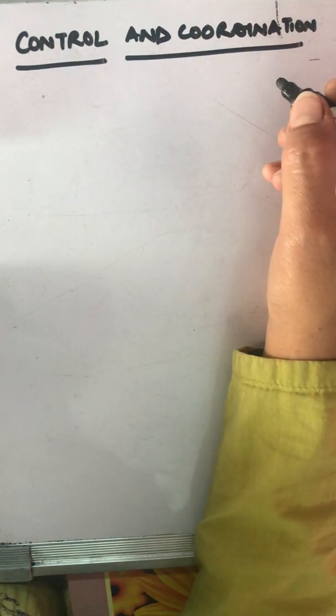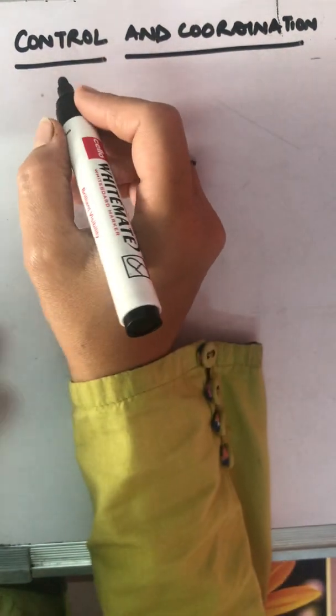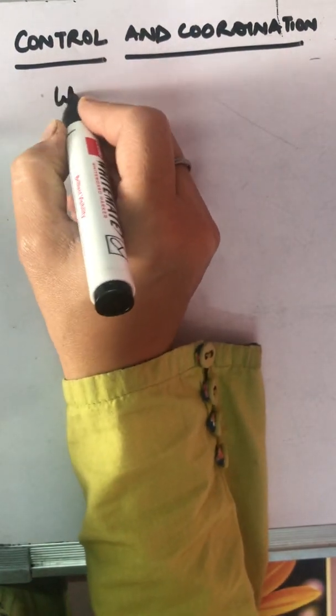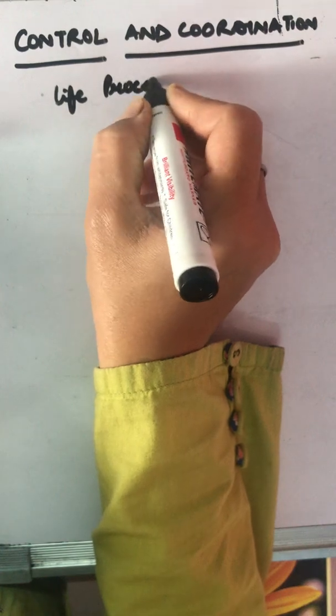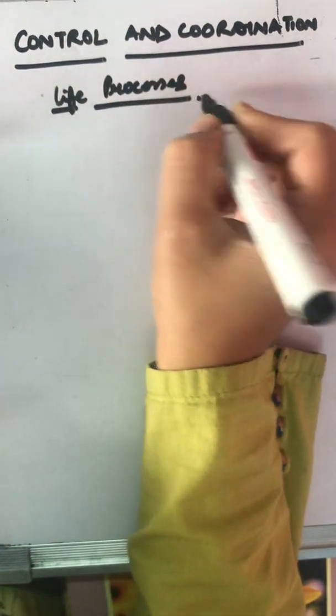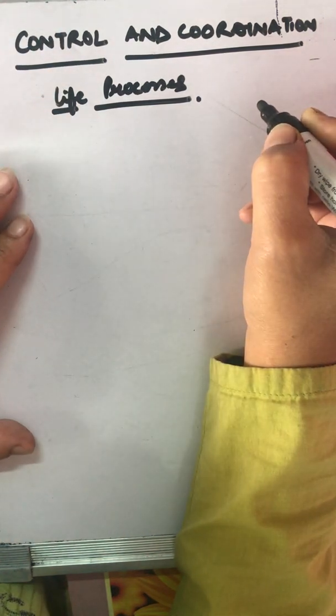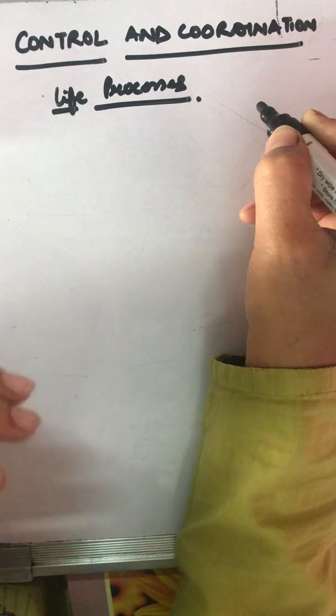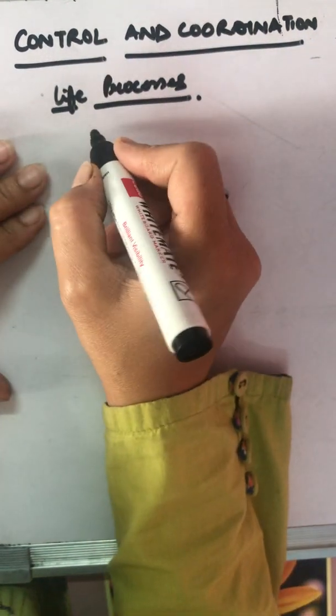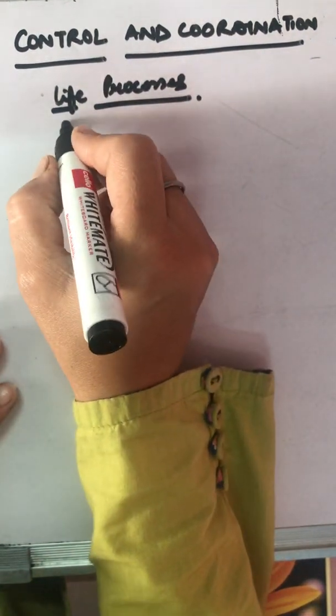Today's topic, control and coordination, a new chapter. Now see, in the previous chapter we have looked at all the life processes and we have come to know what is metabolism. All these life processes are maintained in the functioning of all living organisms. So we started with how we show various activities in the body, the complex activities of digestion,